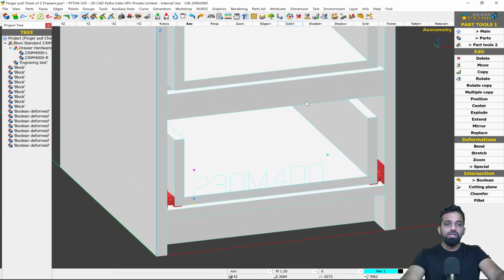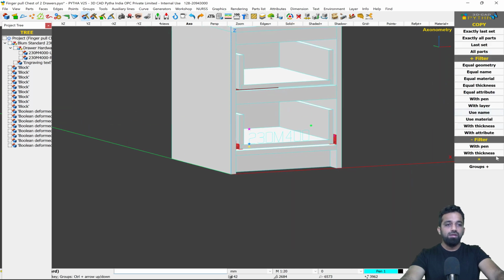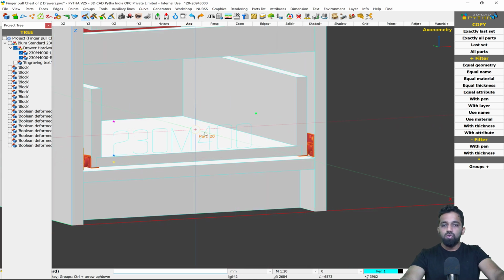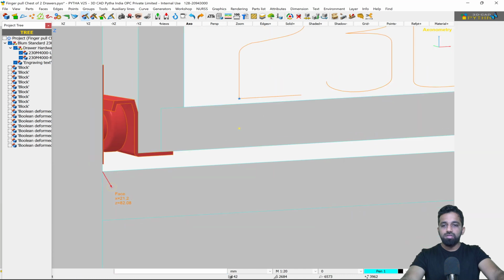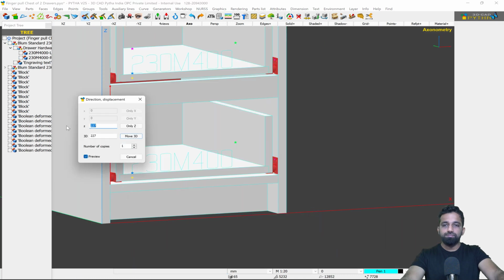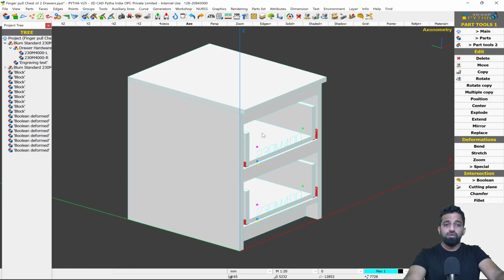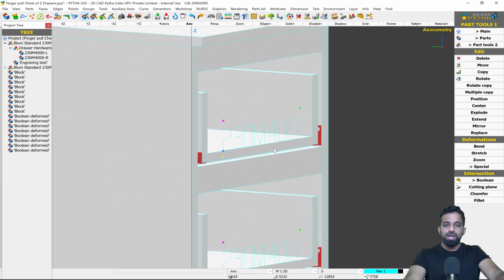So the next step is to copy these channels for my top drawer as well. And for that, I'll copy. Again, you have to make sure that the group function is on and you can just select the channels. But this makes the selection only for the subgroup. So I'll make the text as well to be included with my selection. And now I can copy from this point to this point, only in Z. So this makes our drawer box constructions complete,